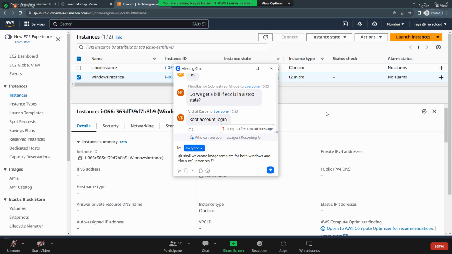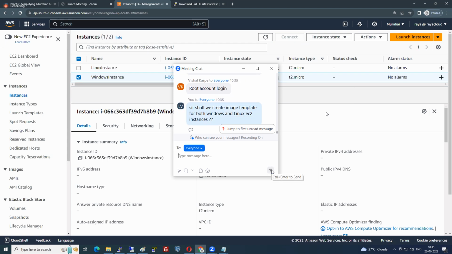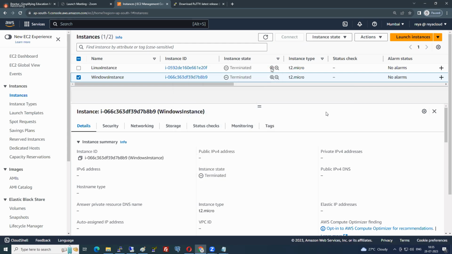If you go to the billing dashboard, select the bill. On the left side, you have the bills. Select the bill and select the month, June month, July month. And you will see all the services listed with the bill and the price. EC2, how much bill you got. S3, how much bill you got. See which service is generating the bill, and go to that service and delete or terminate everything. This is how you do it.